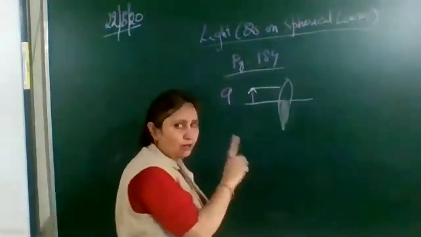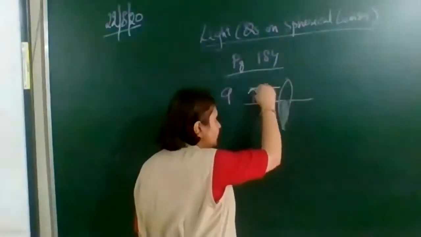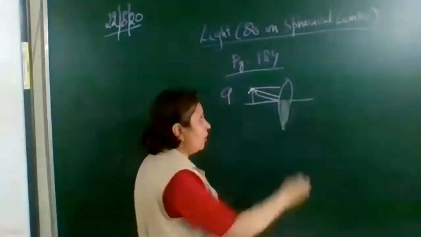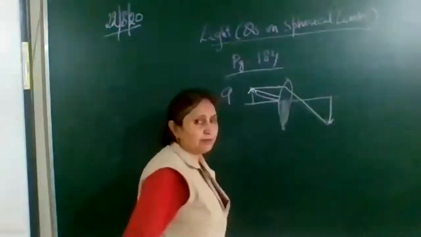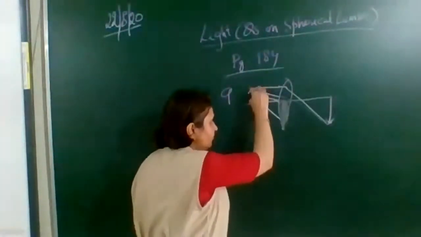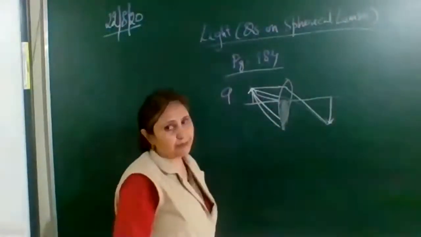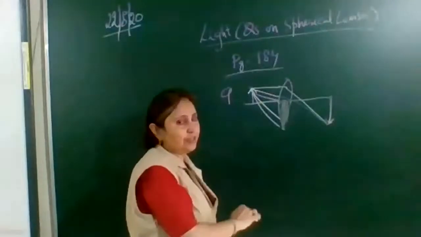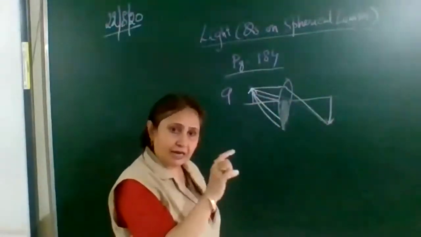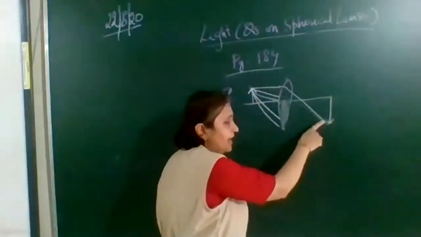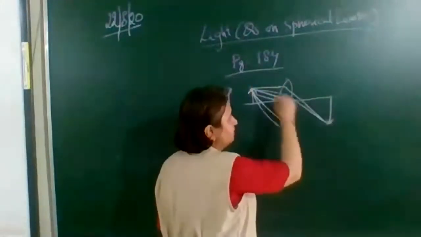We know that a number of rays can travel through the tip of the object. There can be a number of rays, this way, all these rays. All these rays will refract and meet at a point and the image will be formed. But the rays which are traveling from the lower half of the convex lens, as it is covered by a black paper, now these rays will be blocked. These rays will not be refracted. But the rays which are traveling from the upper half, they will be refracted and meet at the point where the image is formed. So all these rays will meet over here.